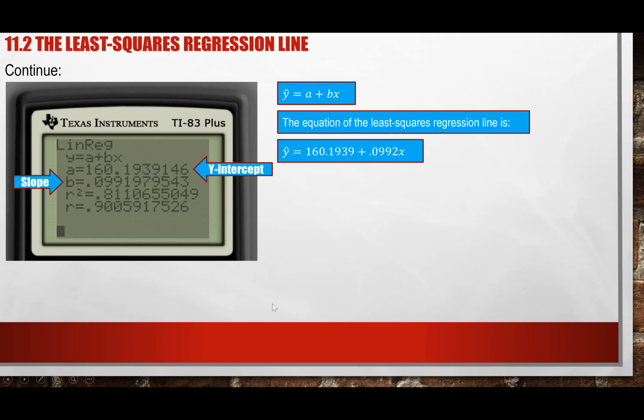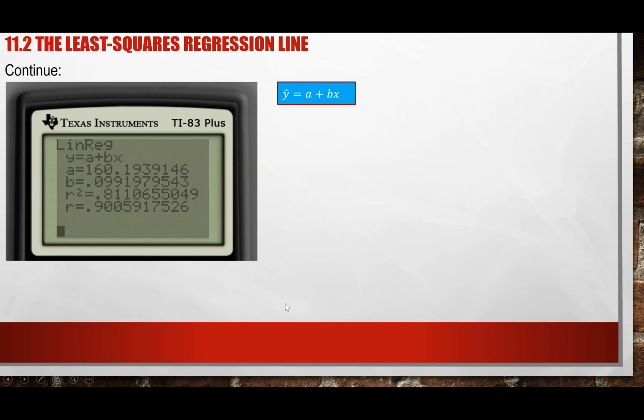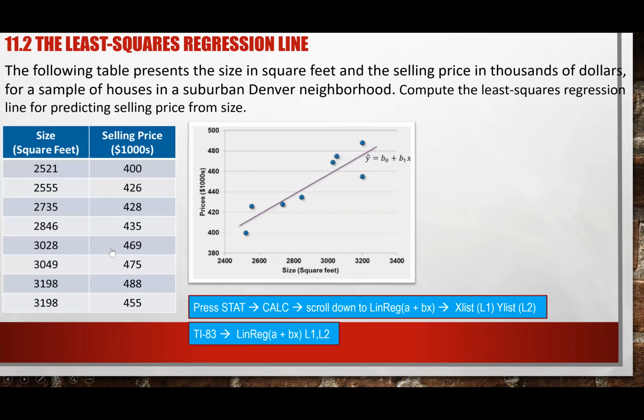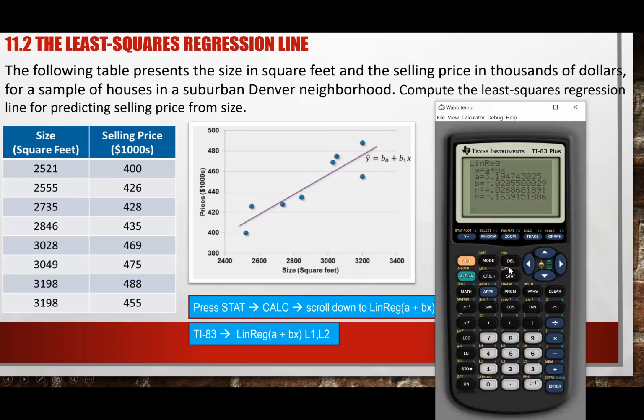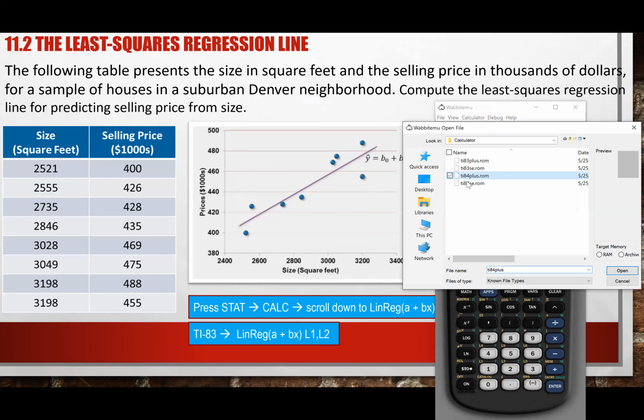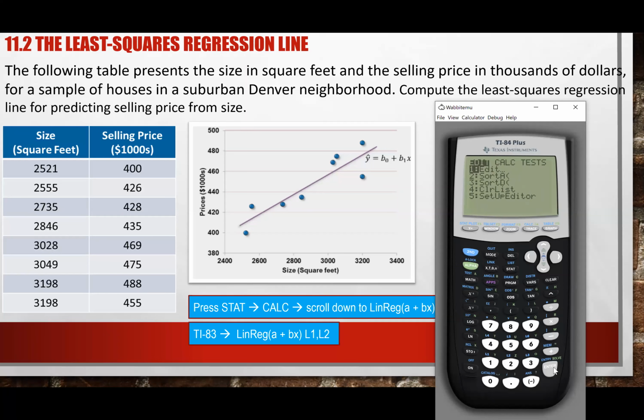Okay. So again, if you try to type it in, probably your calculator does not have this data, because we did the other problem. You have to go in and re-enter your data. So if you re-enter your data, everybody see that? Give me one second. Let me do the TI-84. So whoever has an 84 and says, oh, I don't see what you see, if you have an 84, again,